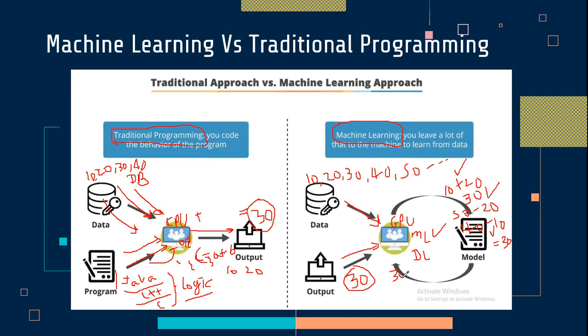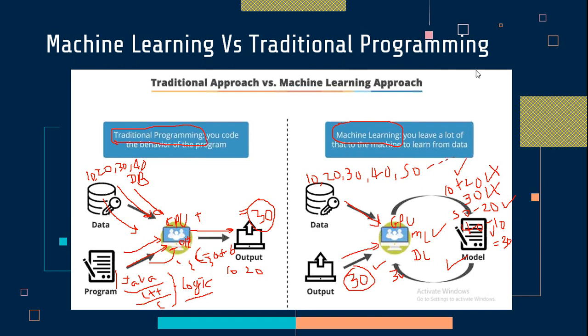Are you interested in doing this? 10 plus 20, you will get 30. You can say, okay, this is good, or you can say no, it is not good, I want a different output. Then it will send 30 directly, and you can say yes or no. If you say no, I am not interested in this, it will say again, you can do 50 minus 20. You can say, okay, this is fine for me. So you like this, you can train your model, and this concept is called machine learning.